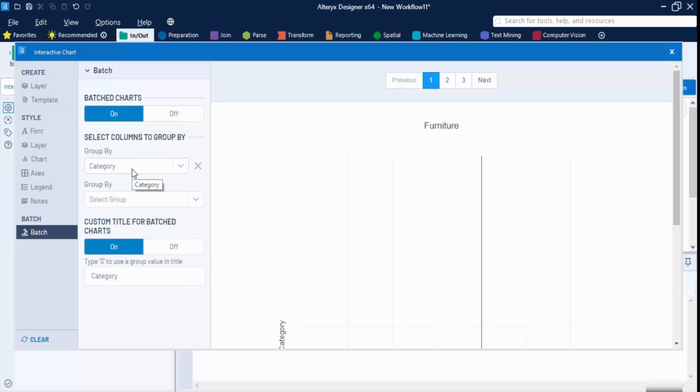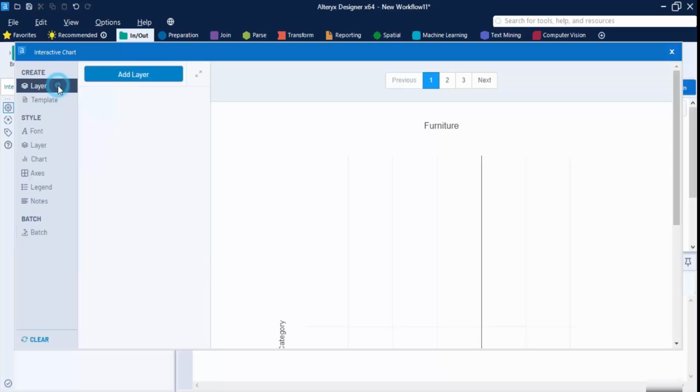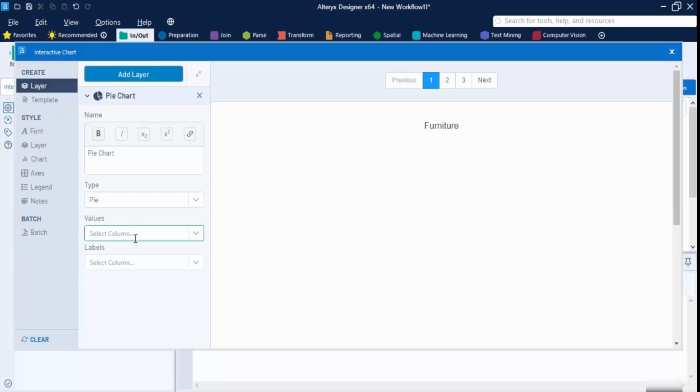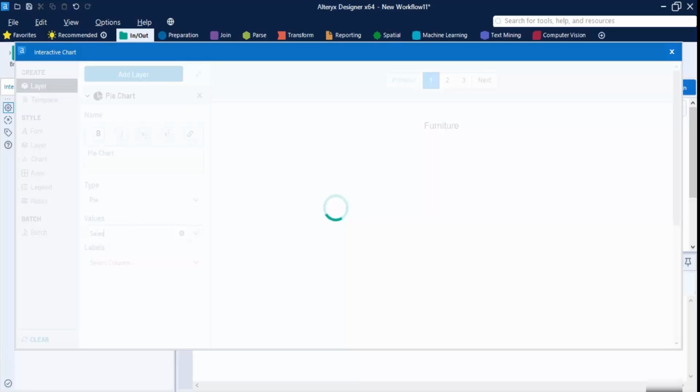If you want another field through which you want to group it by, you can select the second field as well. If you want a custom title for the batched charts, that you can do, but I'm not going to go with it. The category is written and I'm fine with it. Okay, next go to the layers option, click on add layer, and let's just provide it a name like pie chart. Okay, now select the type to pie. For the values, what I'm going to do is select the sales value,